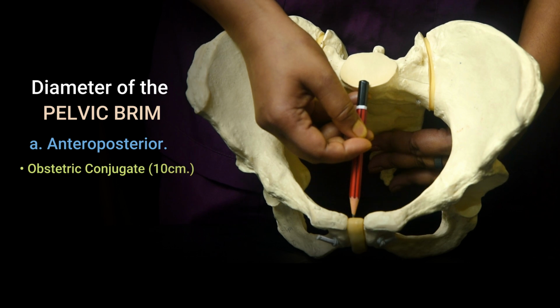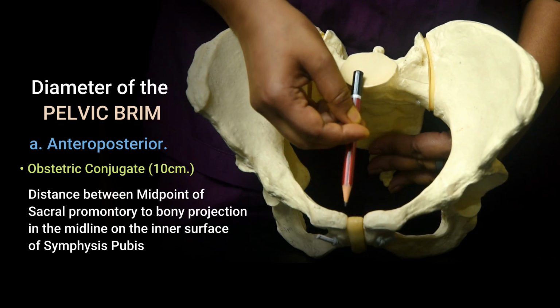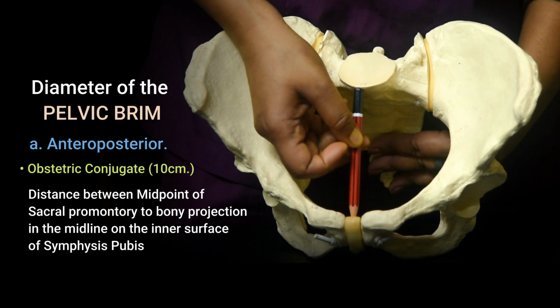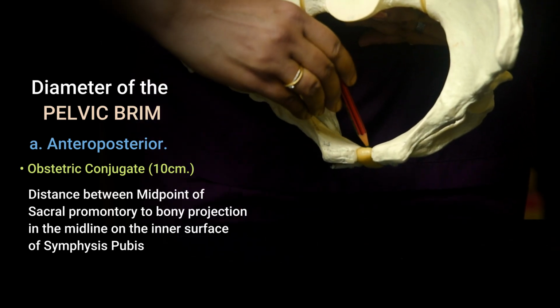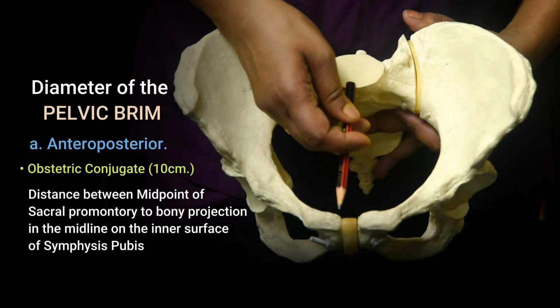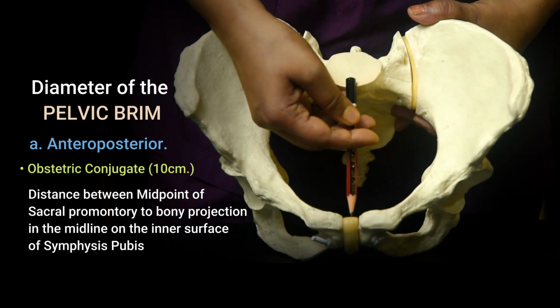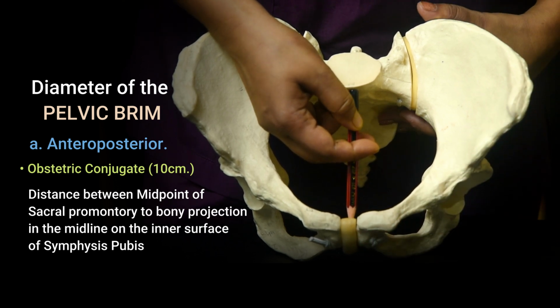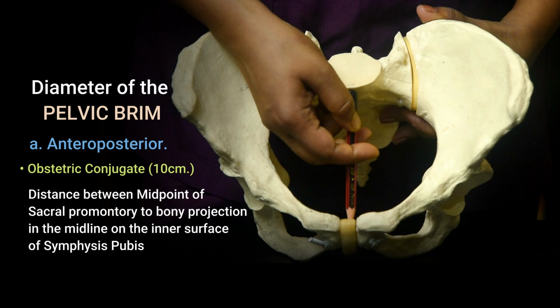Now come to the obstetric conjugate, which is 10 centimeter in diameter. Again, from the midpoint of sacral promontory, it goes to the midline on the inner surface of symphysis pubis. Here you can see this is the middle inner part of the symphysis pubis. Again, you have to point the pencil or your indicator at the midpoint of sacral promontory. Don't move this one. And place this end to the midpoint on the inner surface of the symphysis pubis. This is 10 centimeter in diameter, which represents the available space for the passage of the